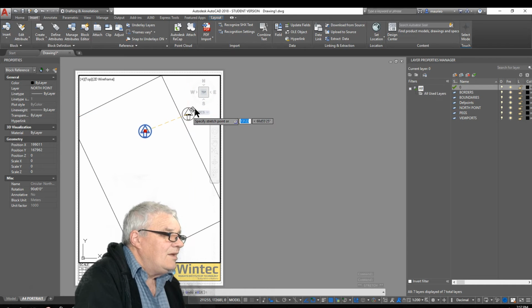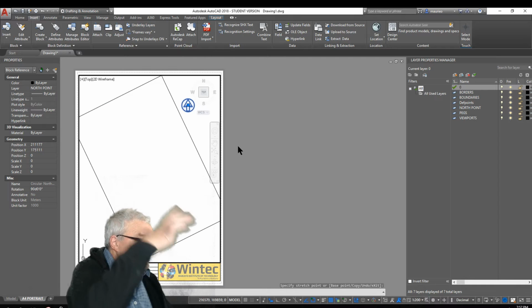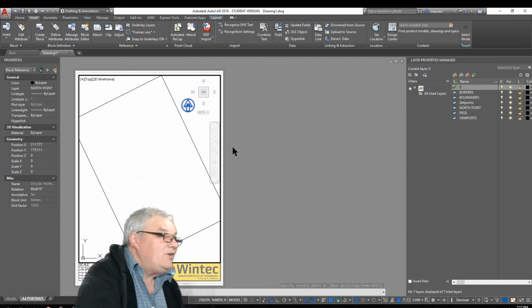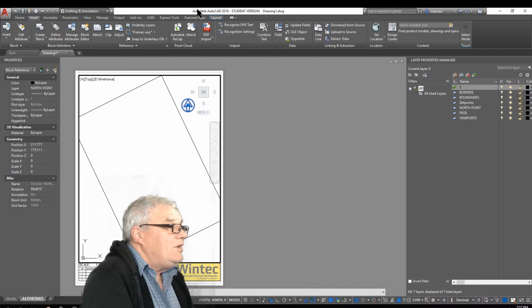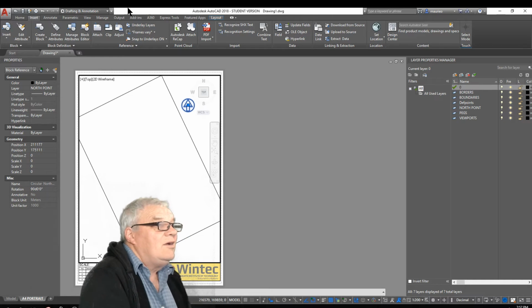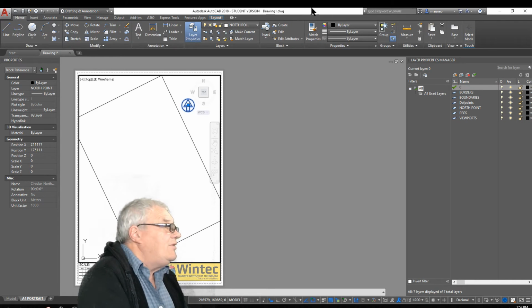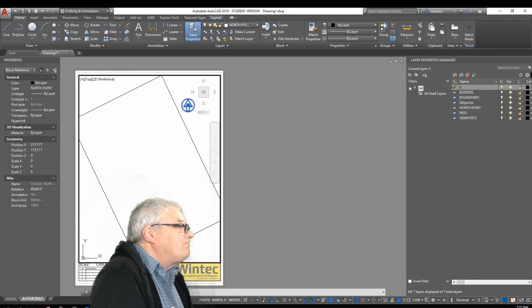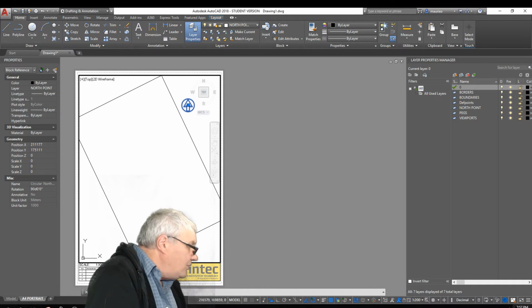I'm having a bit of trouble moving it over where the view cube is there, so I'm just going to drop it there for now, and maybe I can go to my home button,